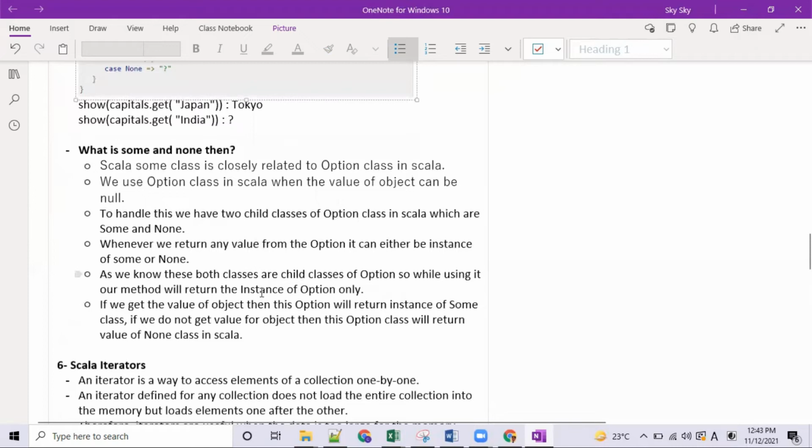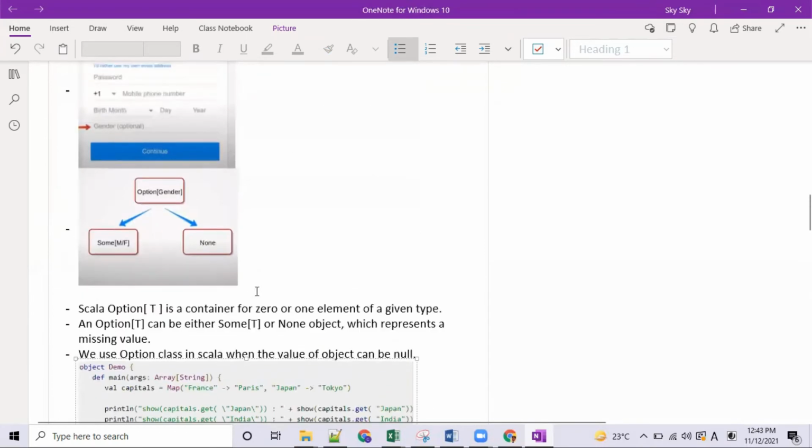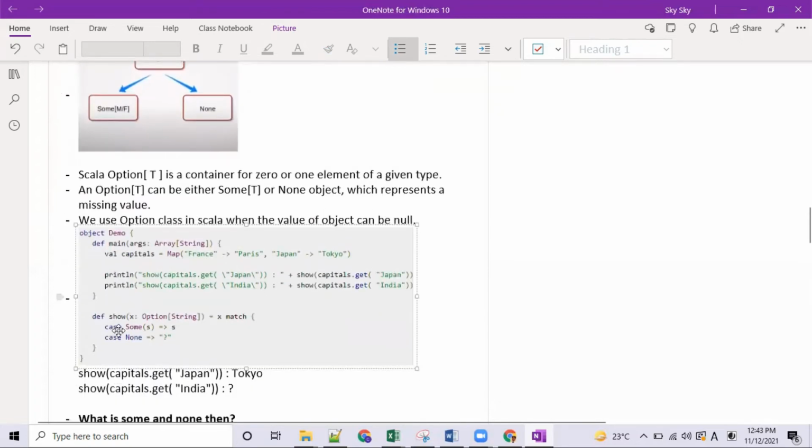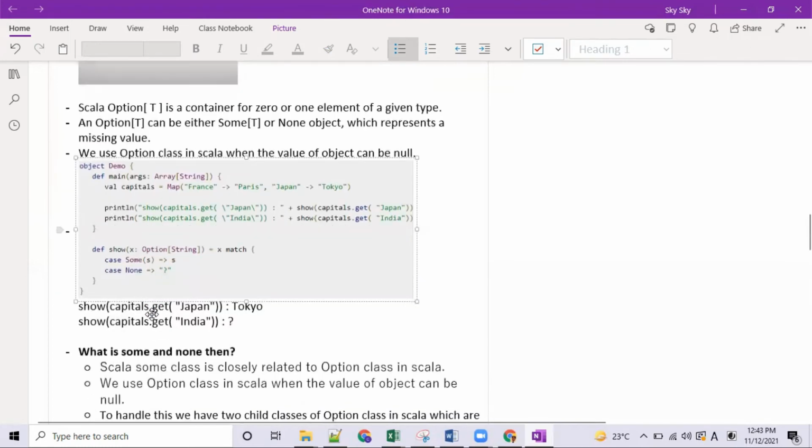One more thing I have discussed over here is that Some and None classes are actually the child classes of the Option class, so they are handled as case classes. As you can see, we are handling whatever is coming as an input as a case. So Option provides you two cases. We will discuss in future lectures how to use these case classes. For now you just need to remember these are the child classes of the Option class, and it would match the incoming input to these cases and work accordingly.